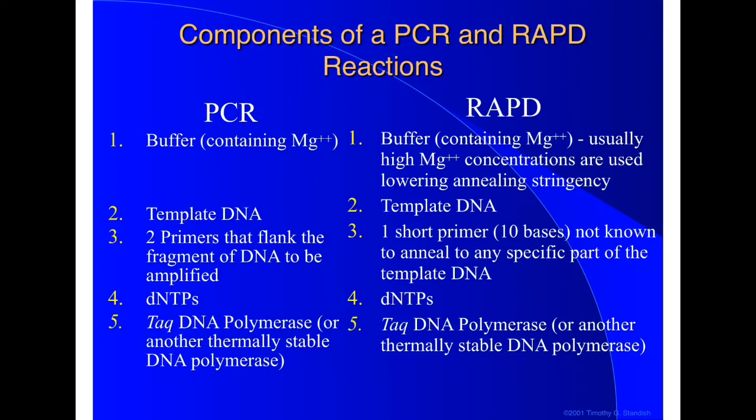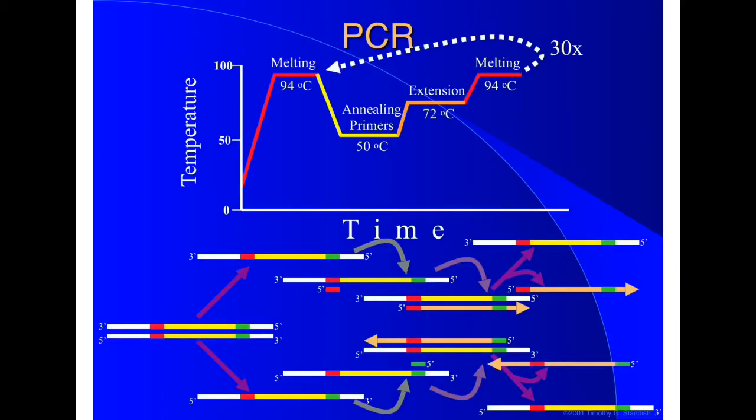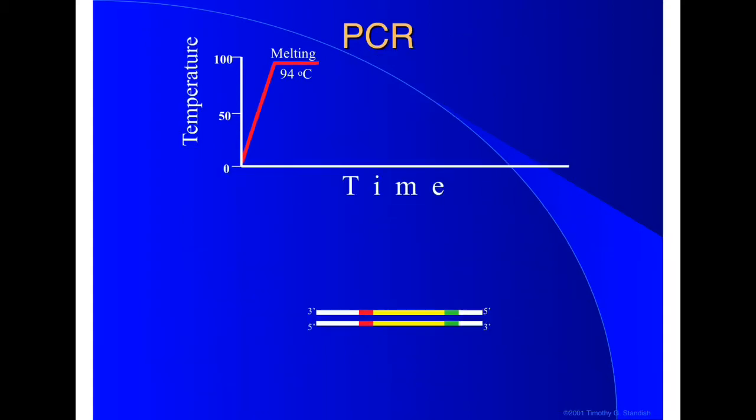Taq polymerase is a thermostable DNA polymerase enzyme. This is extracted from the Thermus aquaticus bacteria. So it is a heat stable DNA polymerizing enzyme. Because of that, we need not add the DNA polymerizing enzyme from time to time while changing the temperature, because it is heat stable. So in the PCR technique, we basically have 3 steps. A high temperature is used for melting, the primers anneal at 50 degrees centigrade, and the DNA polymerization takes place at 72 degrees centigrade.